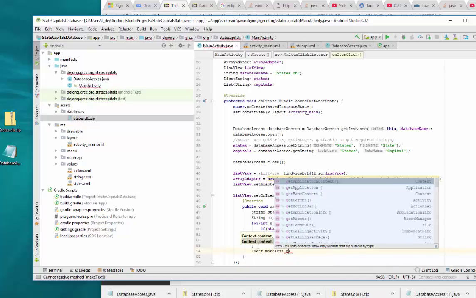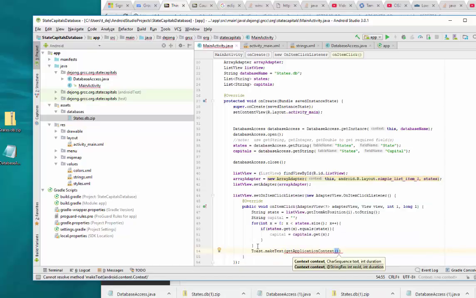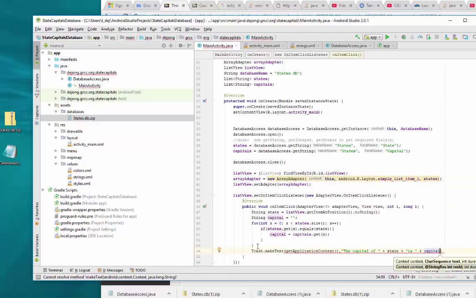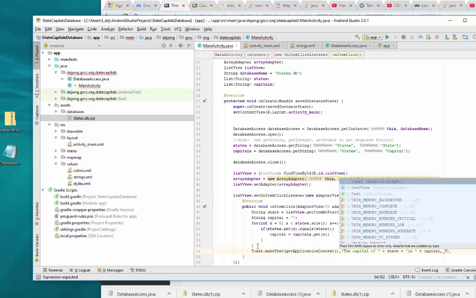And first I have to get my application context, comma, and I'm going to say the capital of, say plus my state, plus is, plus my capital, like that, okay, and comma, and then I gotta say toast, I don't know why, but you do,